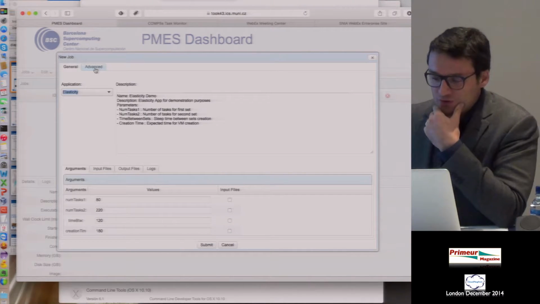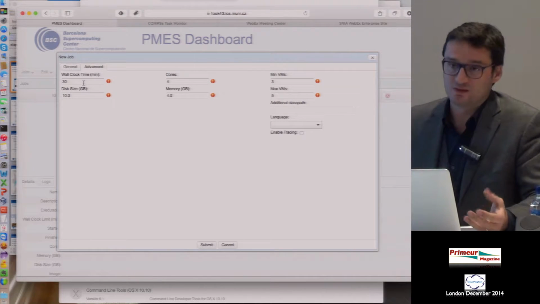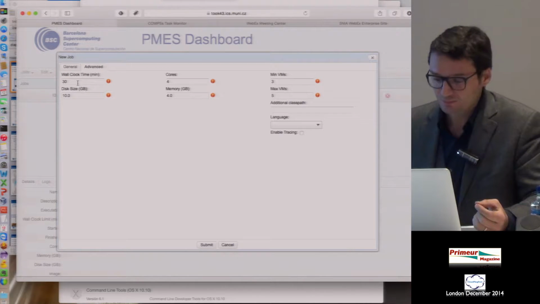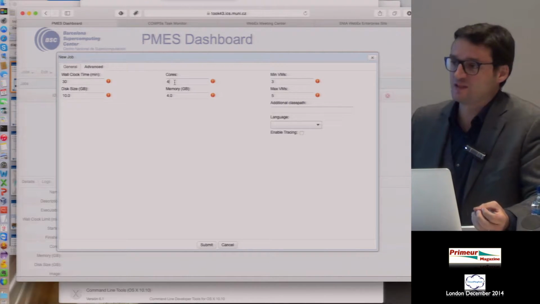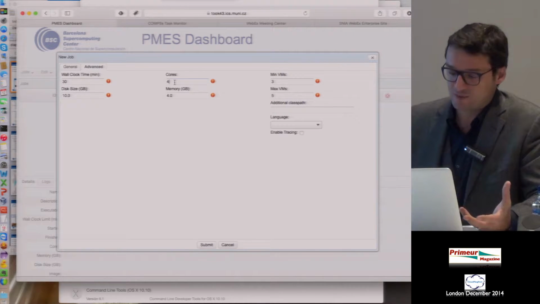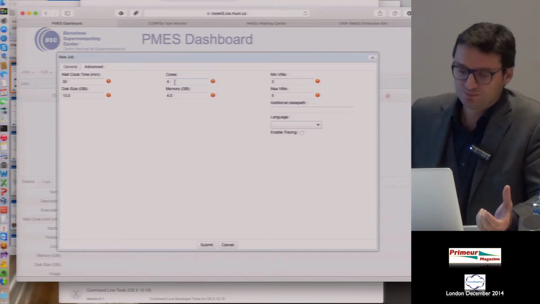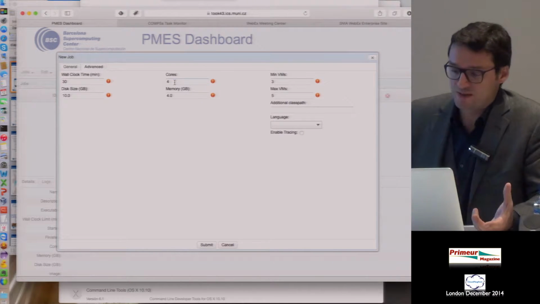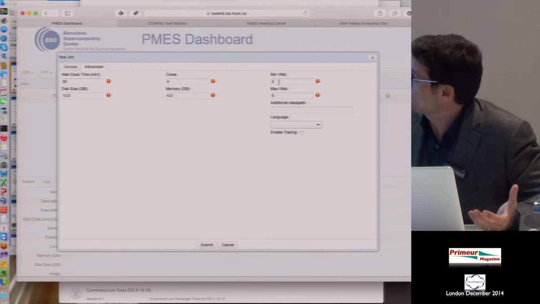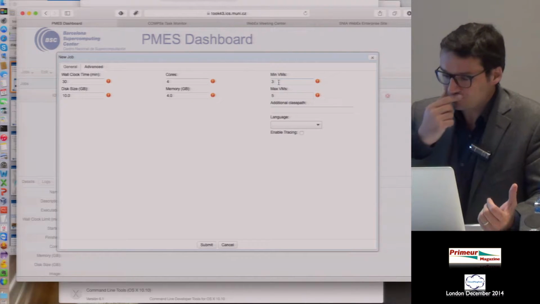Here the user can configure several parameters. This is the clock time that is needed to terminate the application if the application goes beyond this value. And here the user can specify constraints on the test bed. Here we say that we need machines with 4 cores and 4 gigabytes. Again, for demo purposes, I will pre-create 3 virtual machines.